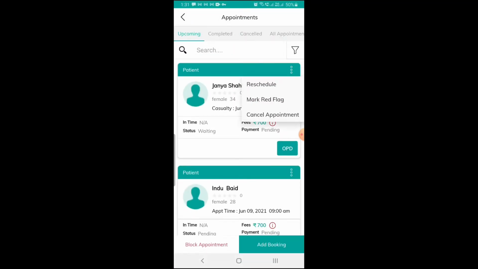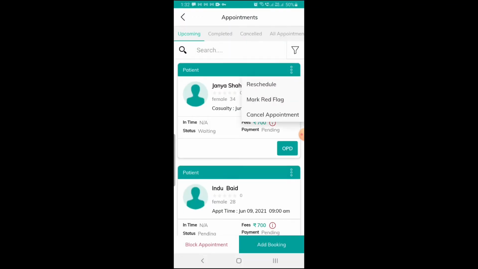The menu in the label allows you to reschedule the appointment or cancel the appointment. Whenever you do so, intimation is given to the patient that his appointment has been cancelled due to a particular reason. The doctor can block his appointments also, for a single day or for multiple days, during which period an SMS goes to the patient who has been booked on those particular days, or no new appointment can be taken on those days. Mark Red Flag can be done here for an abusive or a violent patient.